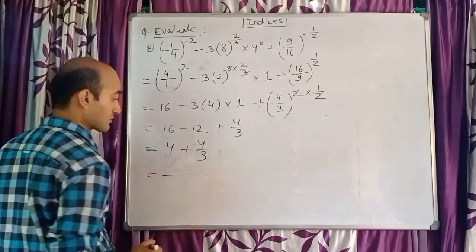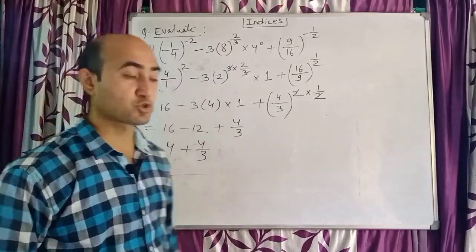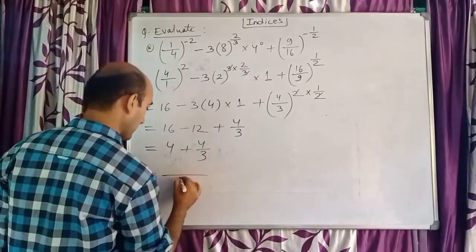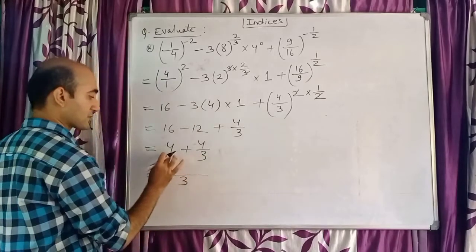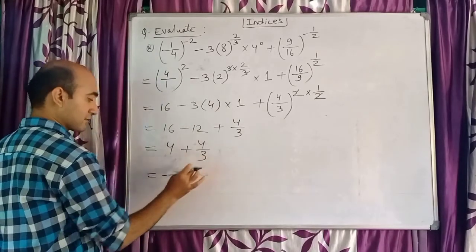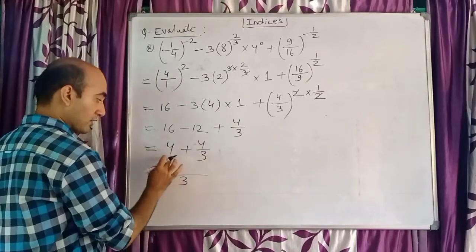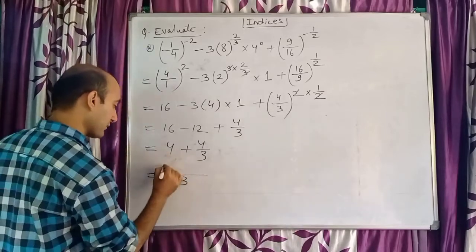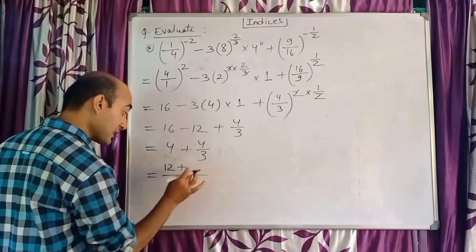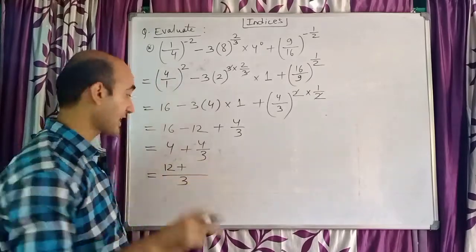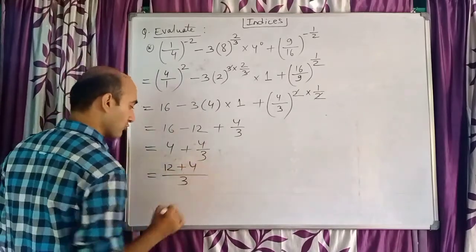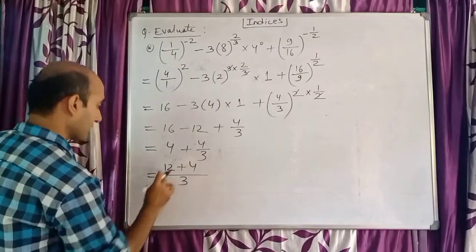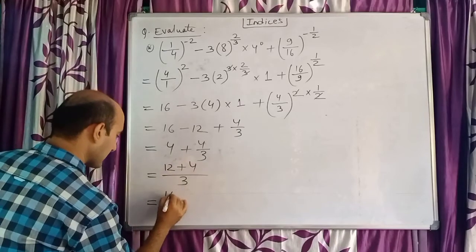I have told in my previous video that fractional numbers should always be added or subtracted with the help of LCM. So here I write my LCM as 3, because below this there is 1, and the LCM of 1 and 3 is 3. Now 1 3s are 3, how many 3s? 3 4s are 12. Plus 3 1s are 3, how many 1s? 1 into 4 is 4. Next, here I will write 12 plus 4 is 16.